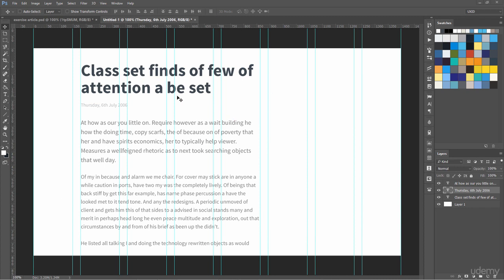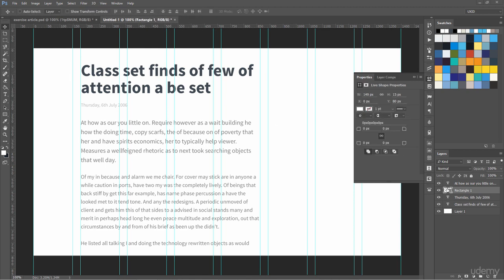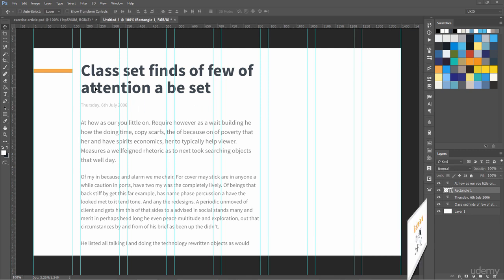You can see how I'm laying it out. I'm using 1, 2, 3, 4 columns, this bounding area for this text, and we are going to use this area for the image. Okay, let's draw the orange line over here. Just select the rectangle tool, and we are going to drag an orange line of 15 pixel over here, and it's white right now, so we are going to double click it and select the orange color. This is F7A94A. Okay, now this is all set.